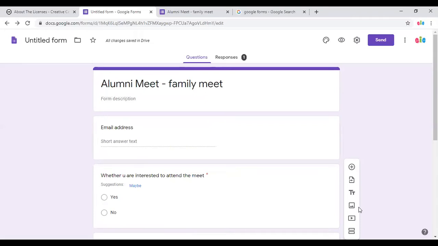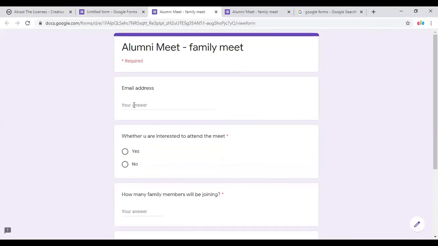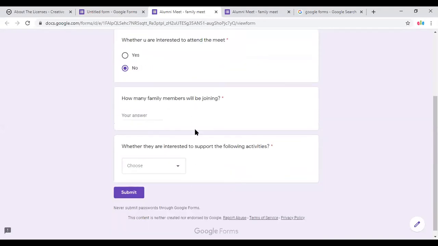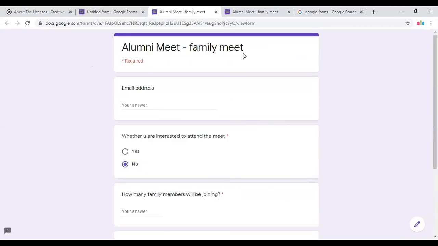Okay. Now, if you actually see the Google form, it will first ask for an email address. Then whether you are interested to attend the meet. If I say no, then these questions should not come. As of now, these questions will also be answered though, so there is no meaning for this question asking. Okay. So what we can do is,